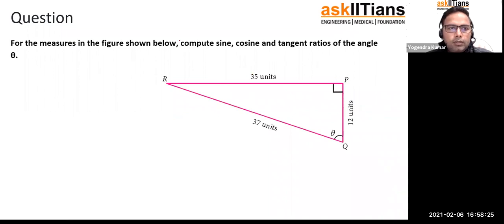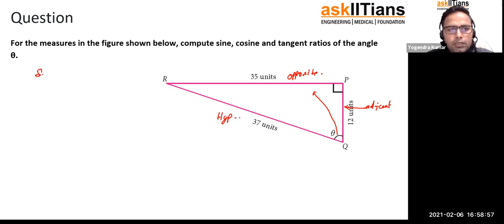Now they're asking here, okay, let's do this question. For the measures in the figure shown below, compute the sine, cos, and tangent ratios of the angle. Now this is the angle, so this is the opposite side. This is what you need to remember. This is my adjacent side or base side,